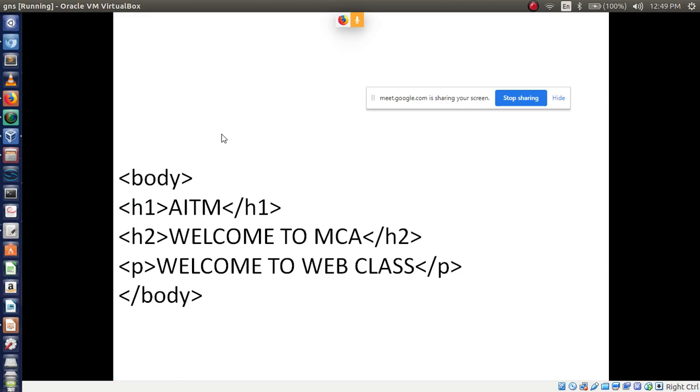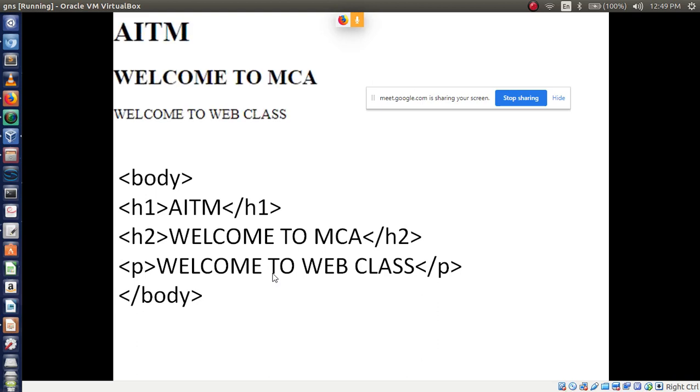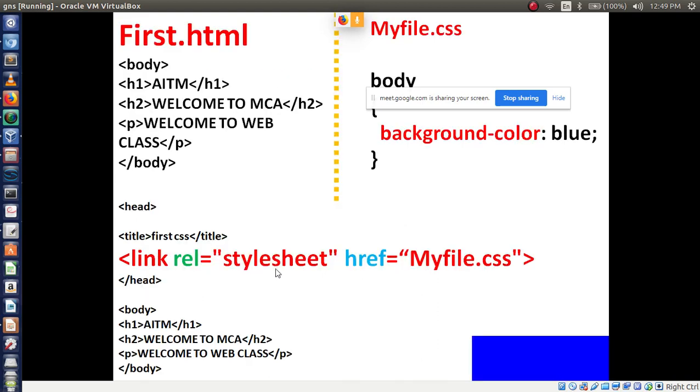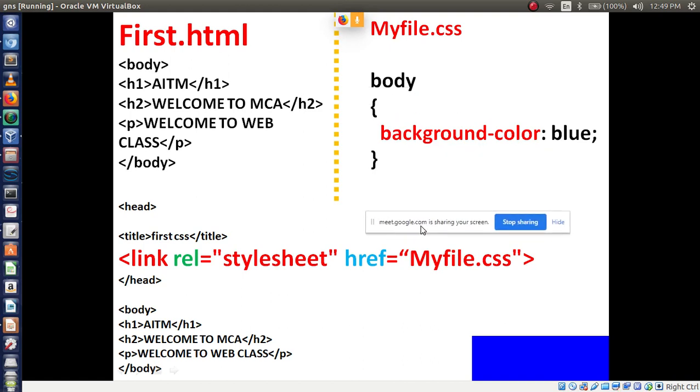Normally we write this code: HTML, h1 tag with AITM, then h2 tag with welcome to MCA, then p tag with welcome to web class. We know how to write these examples, right?